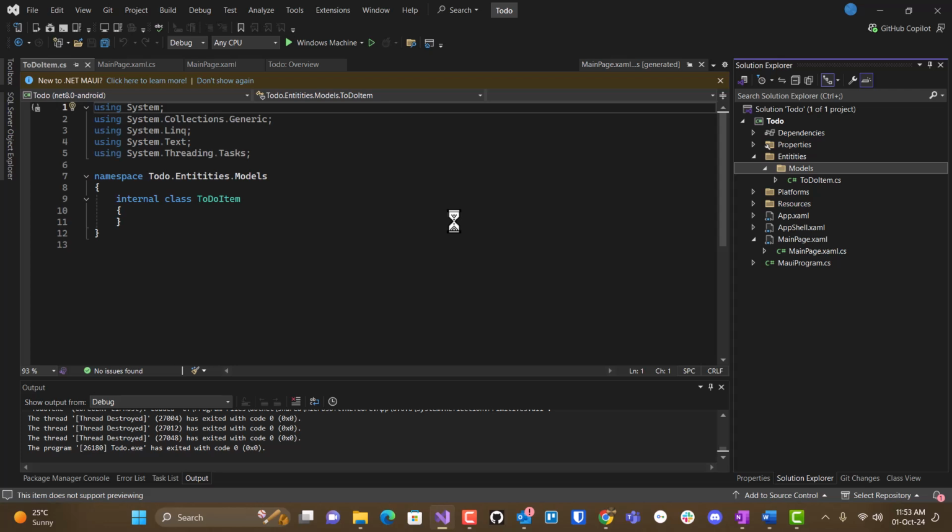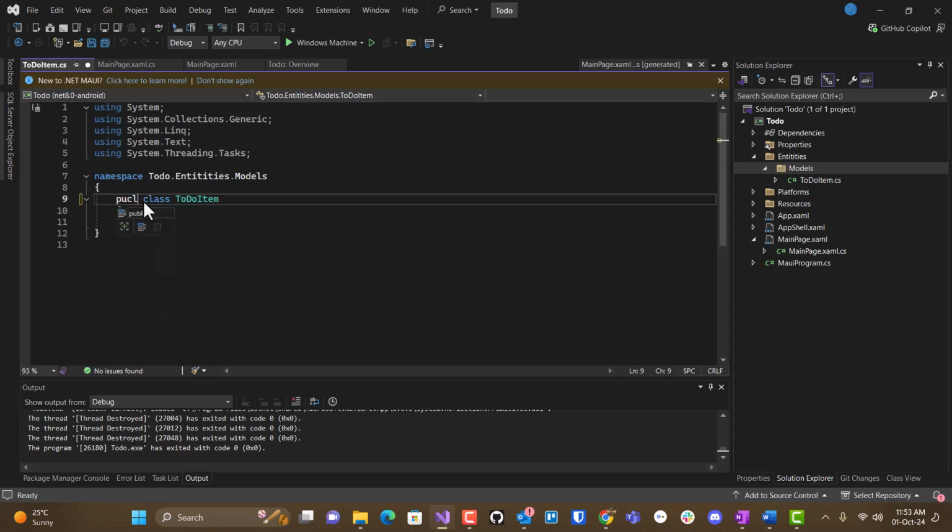So why do I put this folder structure in? This will become more apparent over time, but I like to have a nicely organized structure for where I put my object class or my classes that represent my domain. And so here I'm going to make this a public class called to-do item,